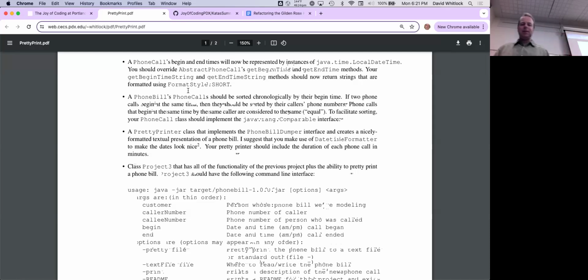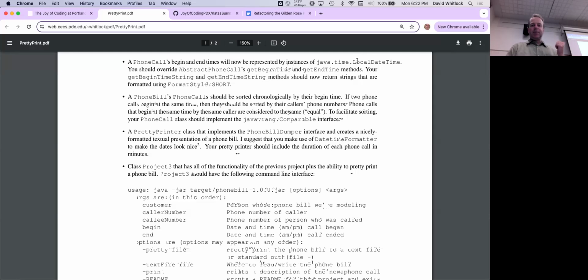We'll just keep the logic simple there. So that's the sorting logic: you're basically sorting on two fields, first on begin time and then on the caller's phone number. And I recommend that your phone call implement the Comparable interface to make it easy to leverage the fact that certain types of collections will automatically respect the Comparable interface.